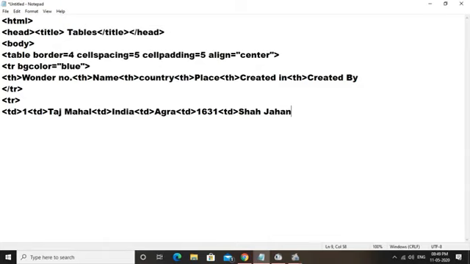Fine, now this one row is completed. We can check here, we have closed all the tags properly.